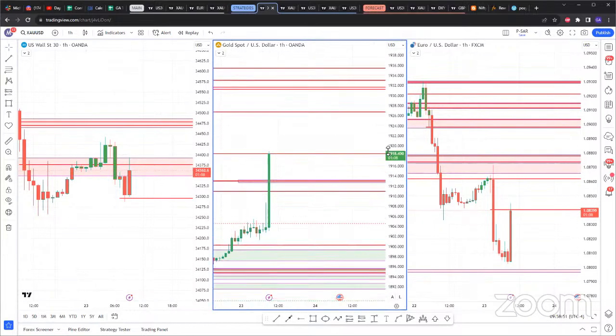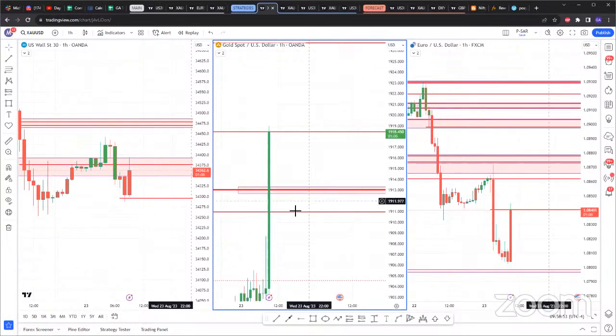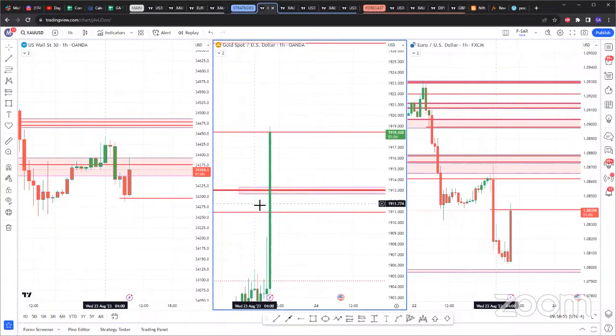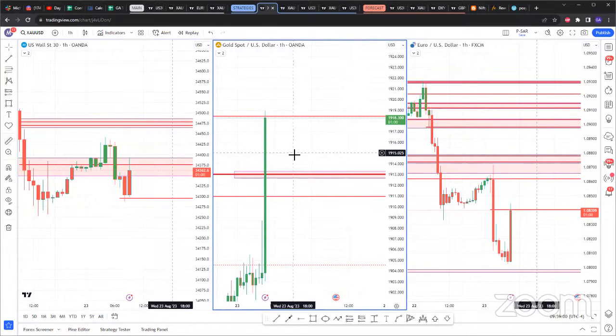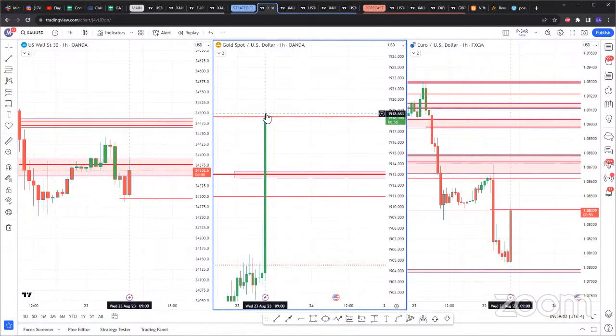I can give you an entry, but for me to give you an entry, it would have to be in this double SARs that I've already passed. So for me to give you that entry, what would need to happen? I would have to retrace all the way from 1918 and close below your double SAR at 1913. And then the next hourly candle would also have to, if it still breaks above here, it would still need to close below here for me to give you that entry.